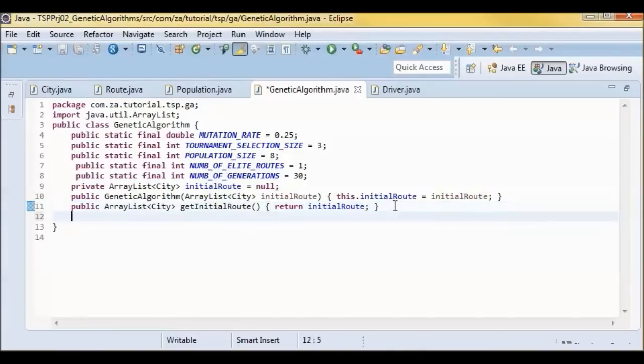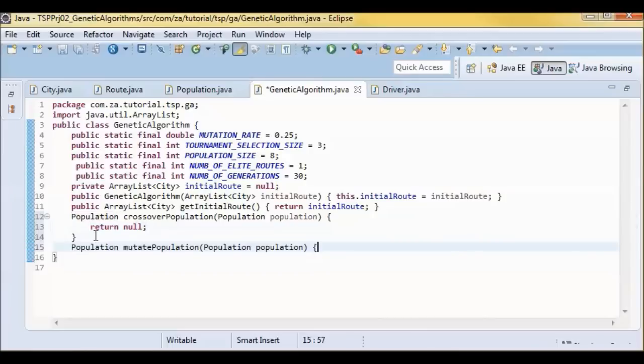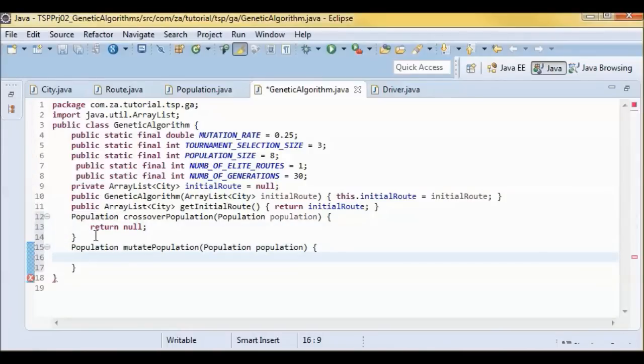Now here we will be applying crossover to the population. So we'll have this crossover population method, and for now let's just return null. And also we will be applying mutation to the population of routes.